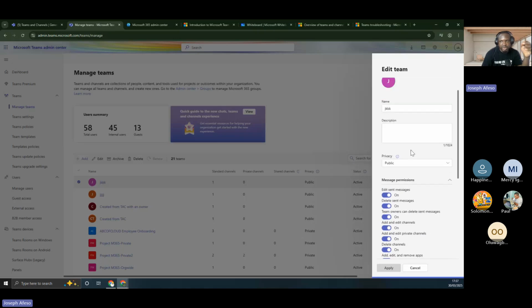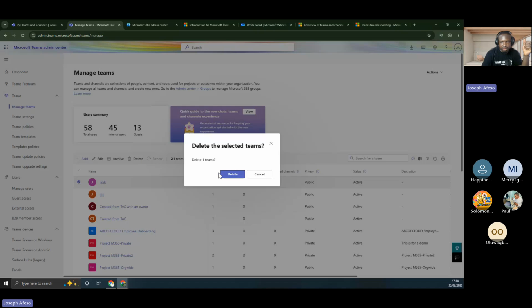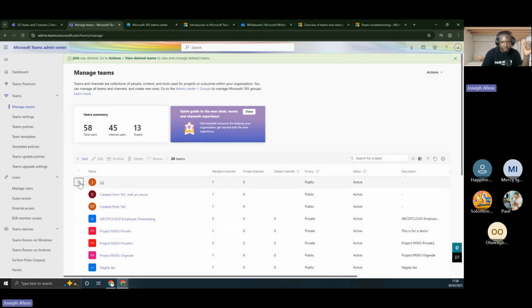And this is where you can actually flip a team to another team, right? From a team public to private. And then you can even go into a team and create channels. So I want to delete these ones because I just used them for the purpose of that demo, right? So they can go.